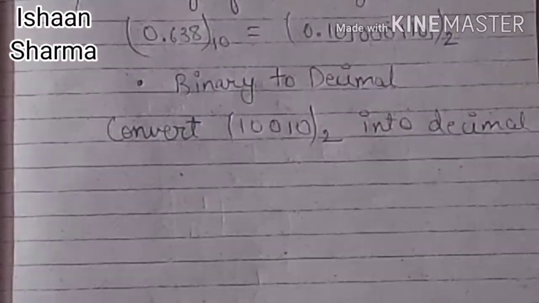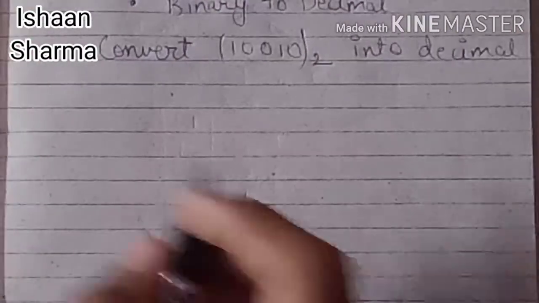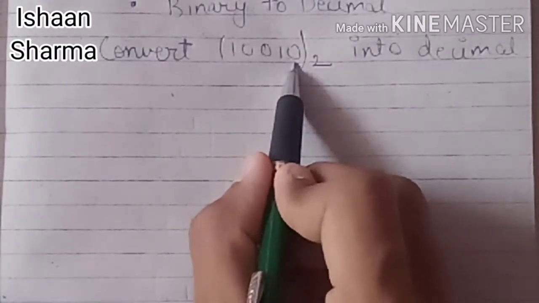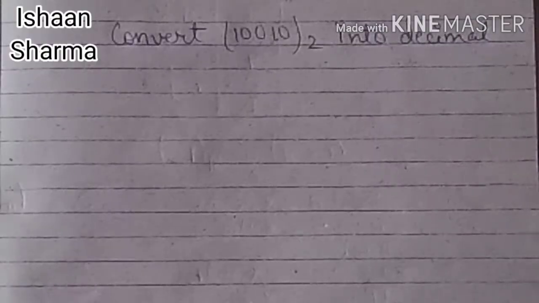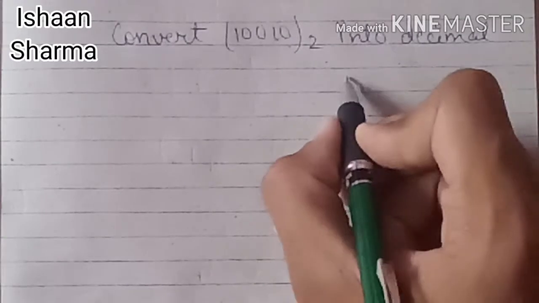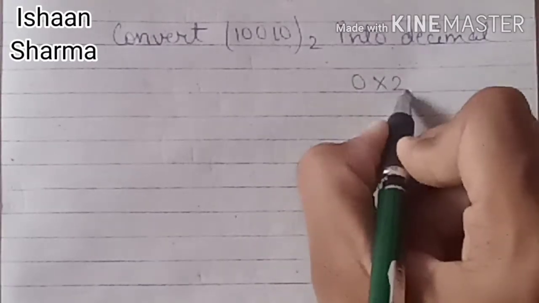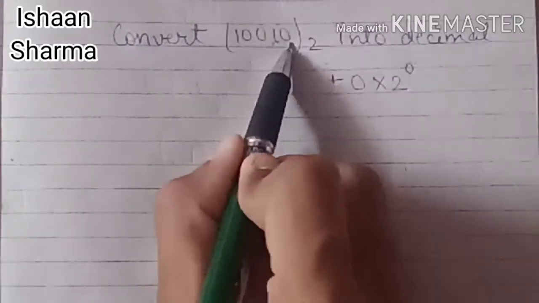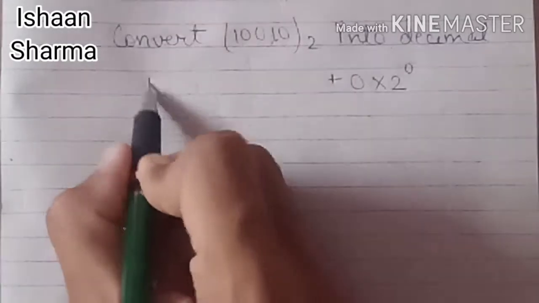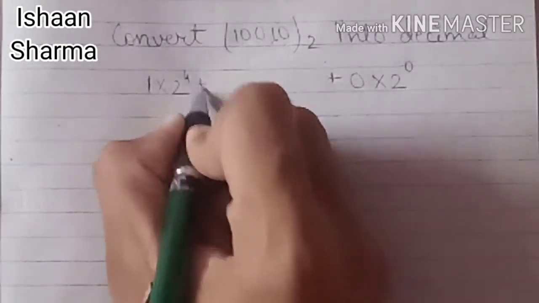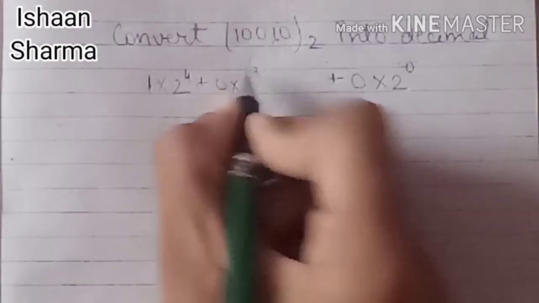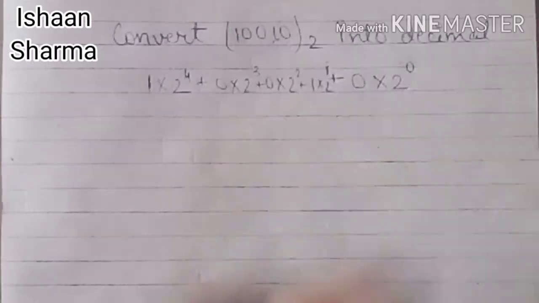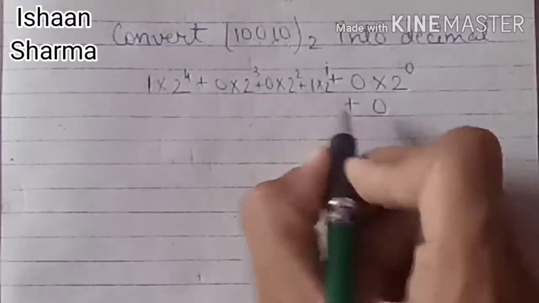Now what we have to do here: from the last digit we use power 0, and as the position increases we also increase the power of 2. Like if 0 is at last, we multiply by 2 to the power 0, and if it is the last second then we multiply it by 2 to the power 1. We count the digits from last to first. So here we have 5 digits, so 1 into 2 to the power 4. It is clear.